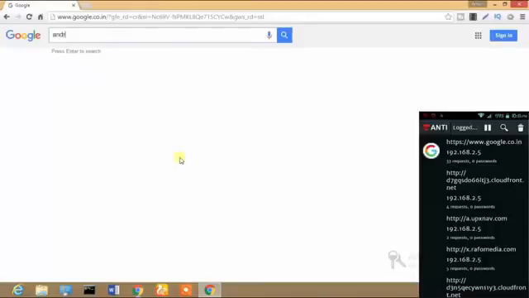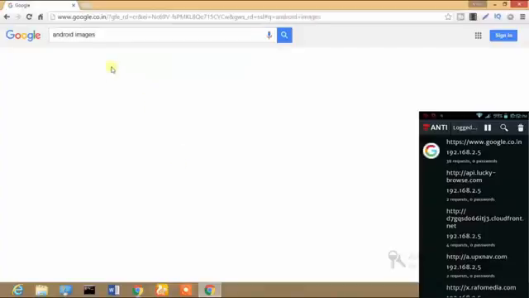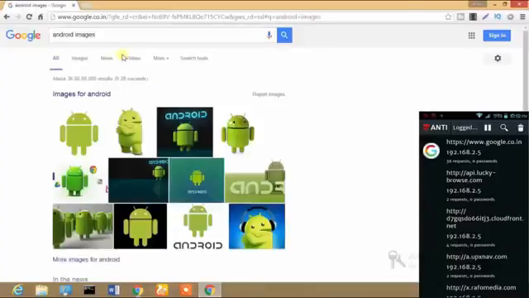Now I'm gonna search for Android images, so that I can show you that I can even see the images that the user searches. Searching for it, and now we will click on the images for Android, or simply images, so that there are just images.